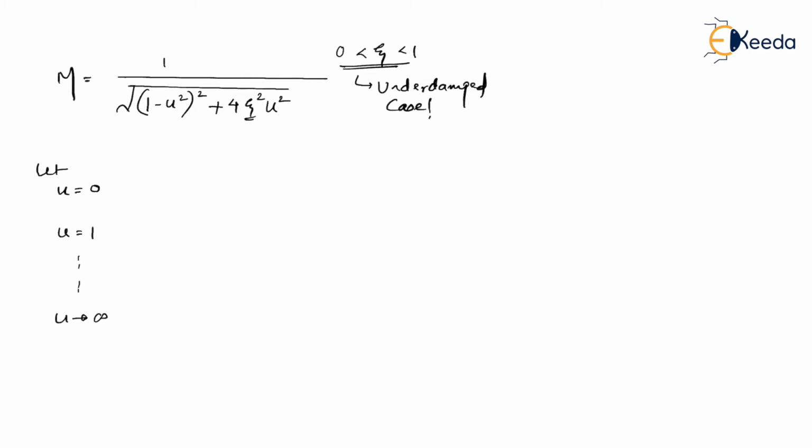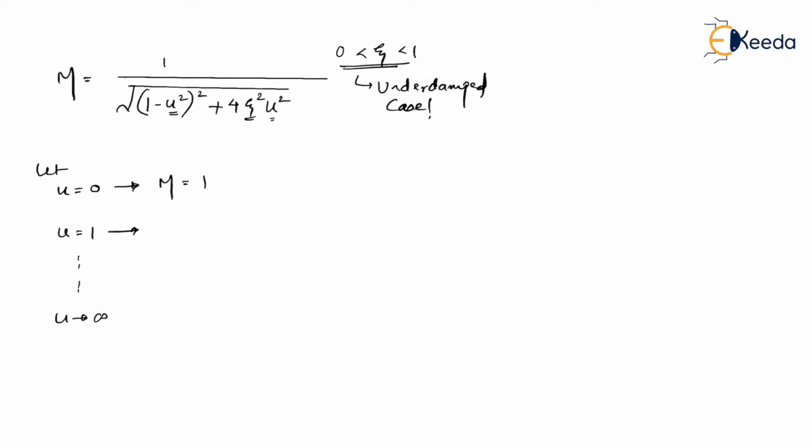So just keep in mind that zeta is lying between 0 to 1. Let us substitute u value equal to 0 in the above magnitude expression. Let us see what magnitude we get. Let us do this orally. Once you substitute u equal to 0, you can consider this as 1 square. Then you are substituting u square as 0, so what you ultimately get is magnitude equal to 1, because in the denominator you will have root of 1, and in the numerator you have 1 divided by root 1, obviously magnitude remains 1.